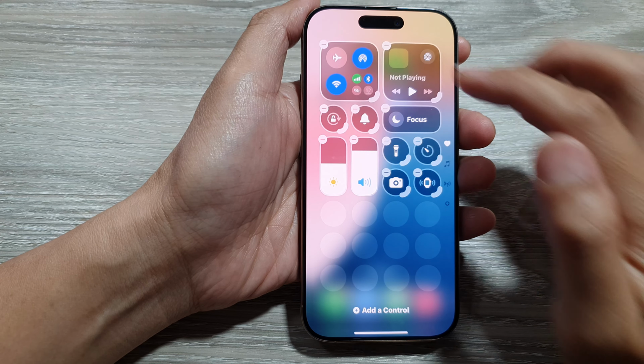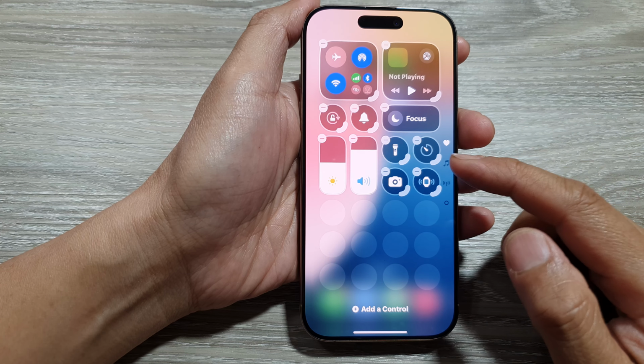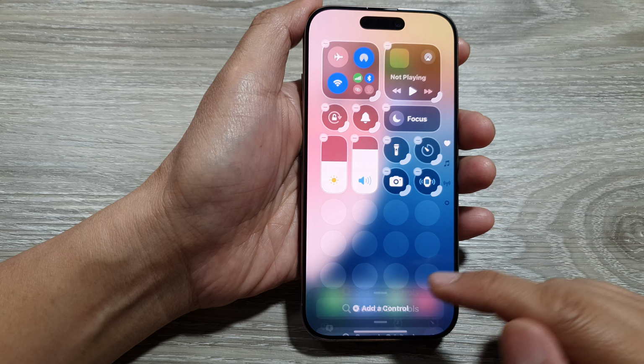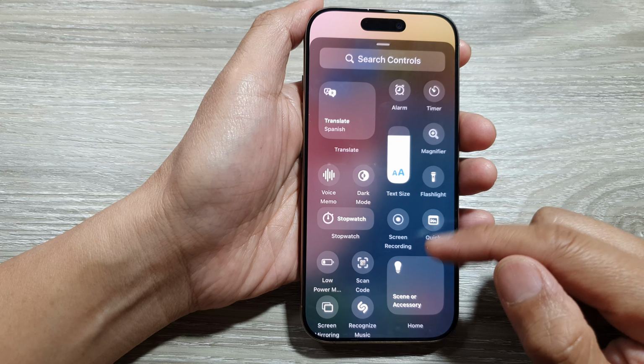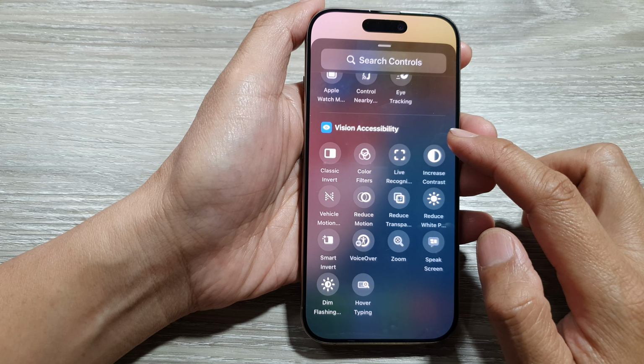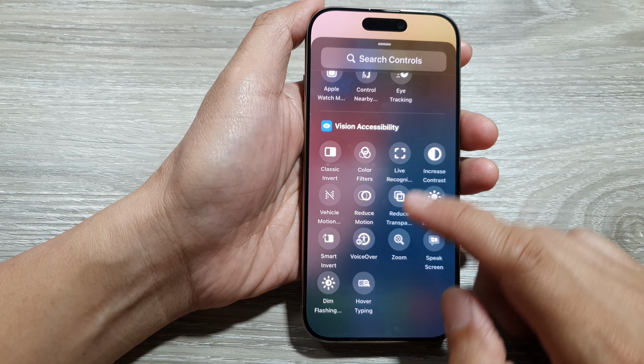Then tap on the add button. Next, once you are in an edit mode, go down and then tap on add a control. Now in the control list, we scroll down to the bottom and go to the vision accessibility, then tap on